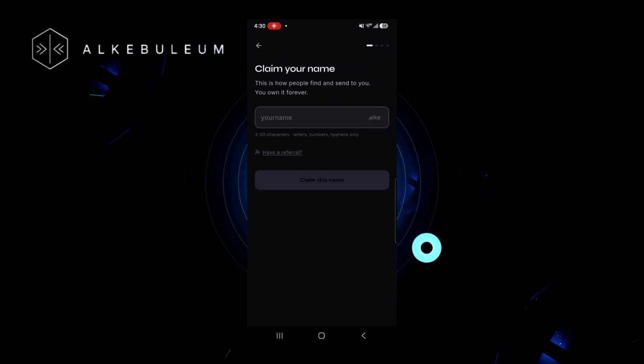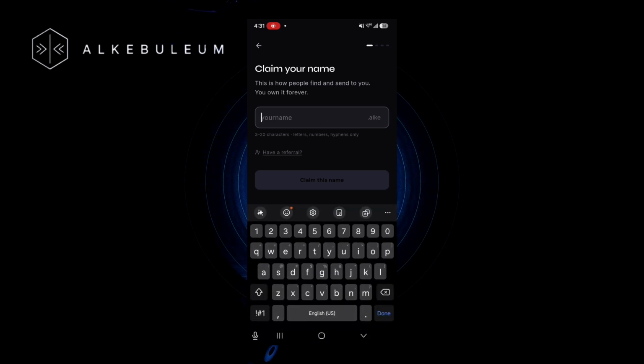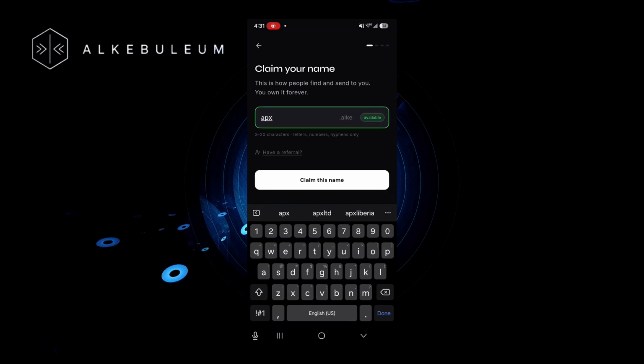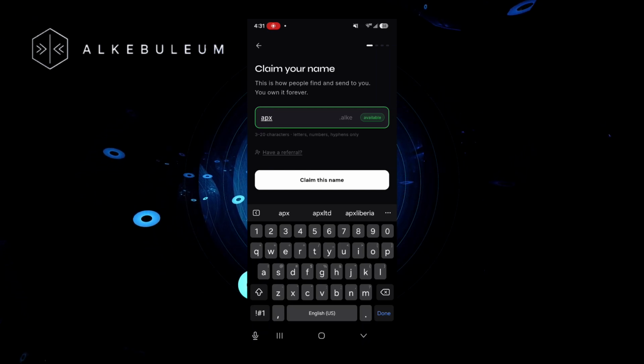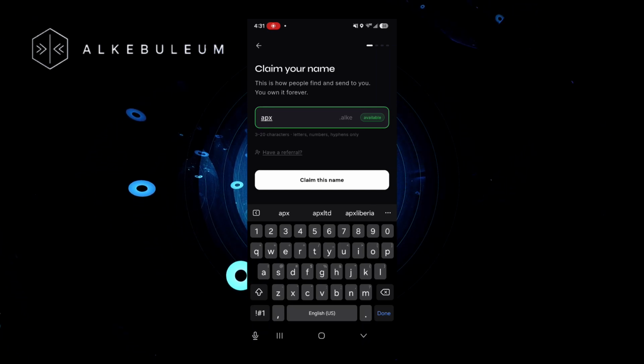Now the next question it asks for is a username. So in Nuru, you have to create a username to uniquely identify yourself and all your assets that you have. So I'm going to put in a name here. I'm just going to put in APX. Let's say APX. Yeah, this sounds better. So I'm going to say claim name,